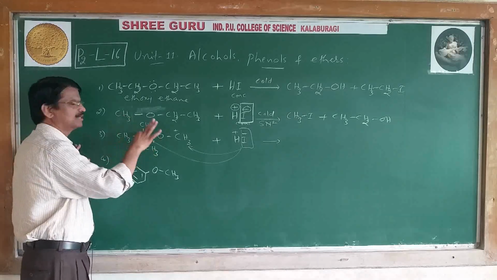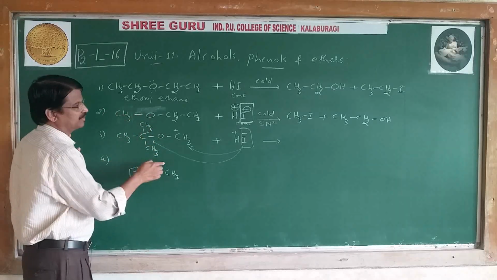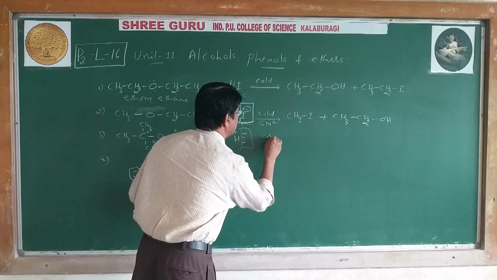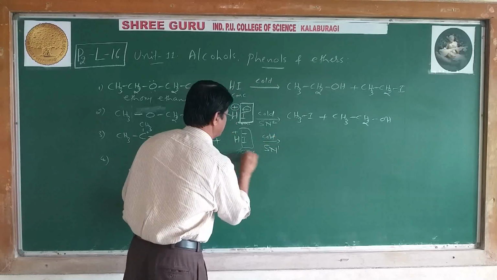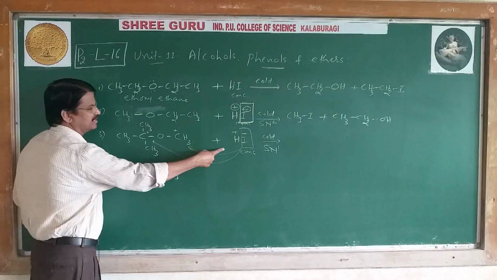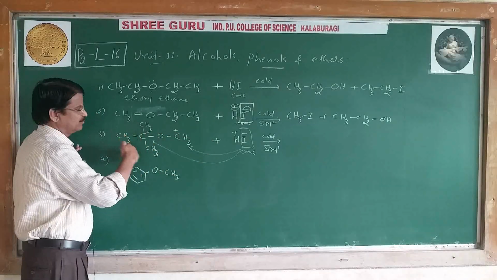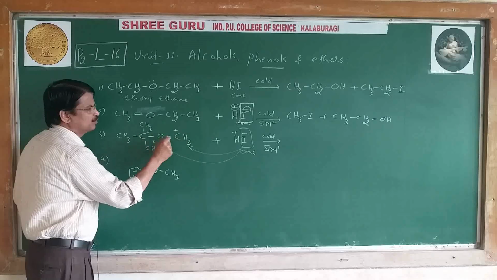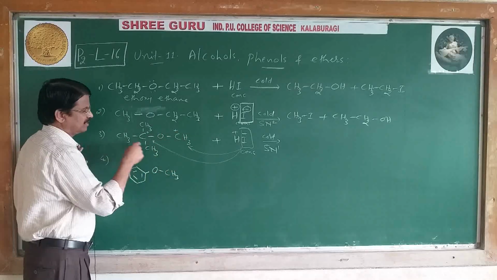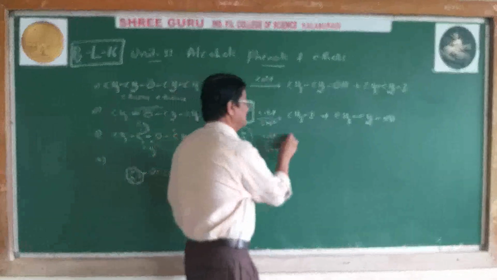Tertiary carbocations are more stable. That's why it can follow the SN1 mechanism, because I minus gets linked with the tertiary carbocation part. Then H plus goes to CH3O. Therefore, it gives CH3OH and tertiary butyl iodide.